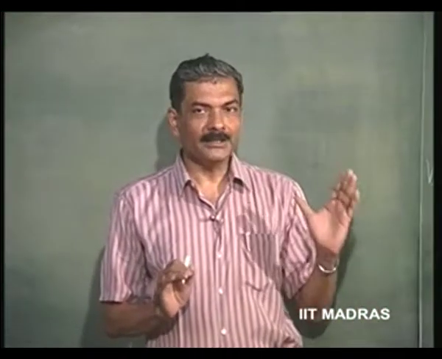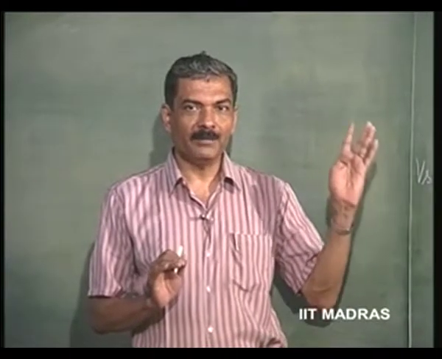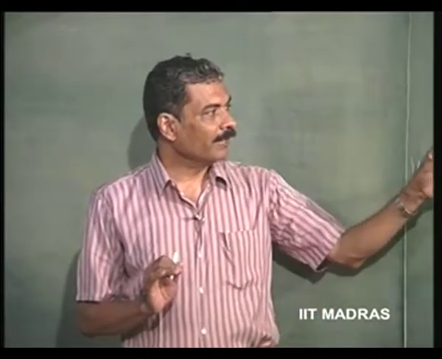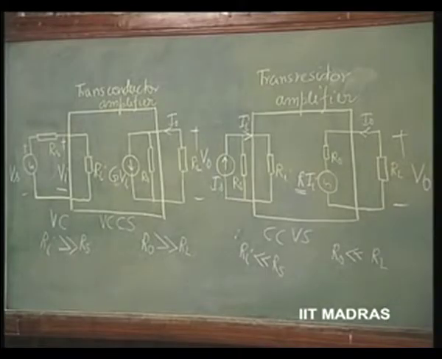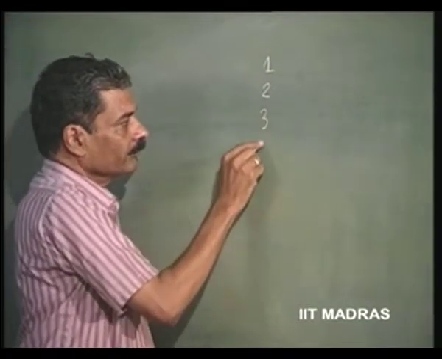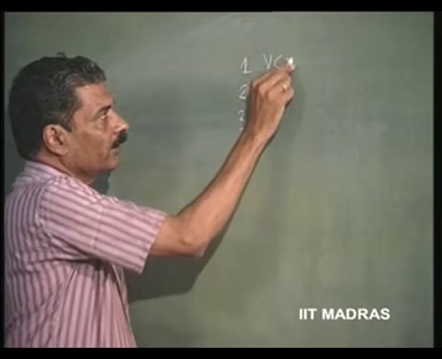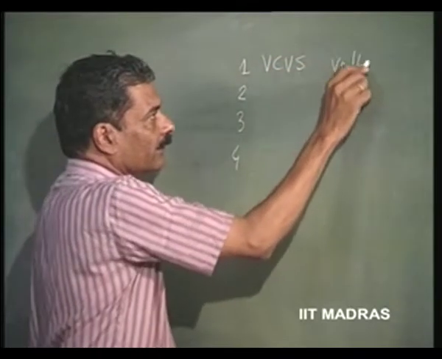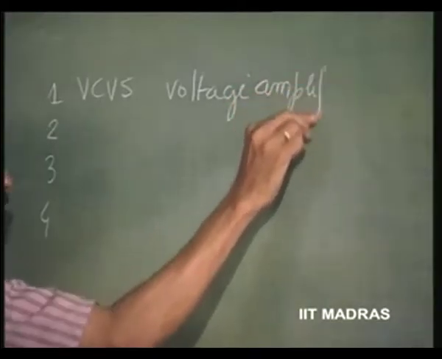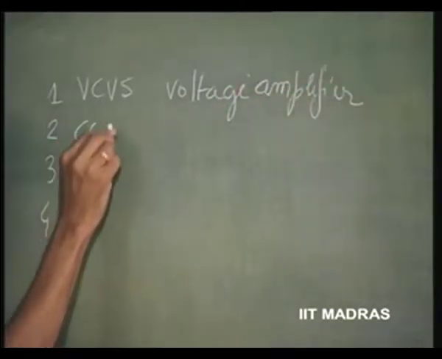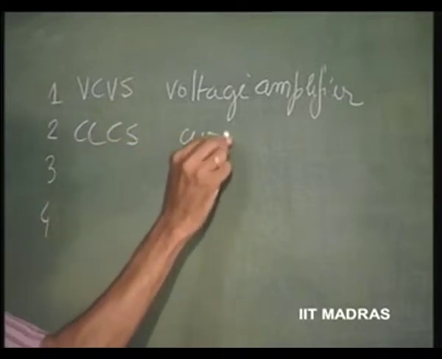Now, what it is going to be out of the 4 is going to be really decided when RS is fixed and RL is fixed. So, let us now summarize what we have been discussing so far. There are 4 types of amplifiers: voltage controlled voltage source, which is called voltage amplifier; current controlled current source, which is called current amplifier;